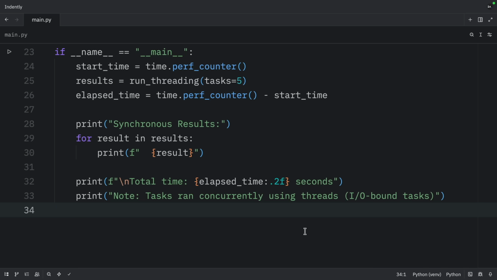Next, let's talk about multiprocessing. Unlike threading, multiprocessing creates separate Python processes, each with its own memory space and Python interpreter. This means they can truly run in parallel, even for CPU-bound tasks, because each process has its own GIL. Multiprocessing is perfect for CPU-bound tasks, things like heavy calculations, data processing, or anything that uses a lot of CPU time. The trade-off is that it uses more memory and has more overhead than threading, but for CPU-bound work, it's